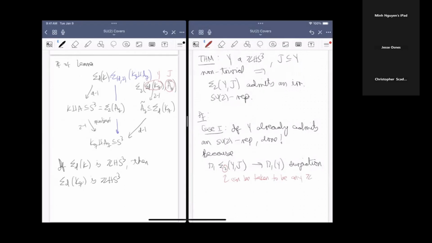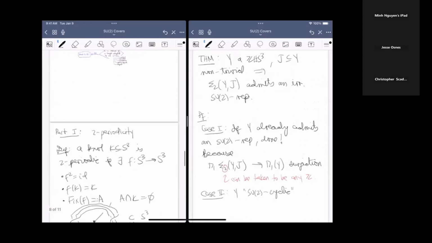Any integer over there. So, like that case, we just sort of get it for free. And so the interesting ones are the case where Y is so-called SU2 cyclic, which is the same thing as saying it does not admit any SU2 representation. So, of course, maybe I should have said it, the conjecture, this problem that I am working with,